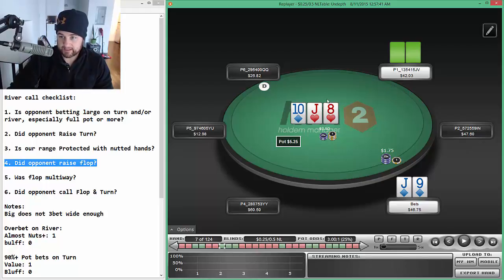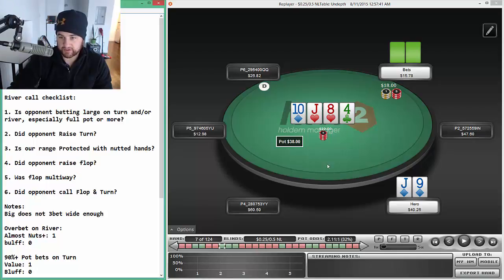Anyway, we get raised, which is fine. Backdoor diamonds, open-ended straight draw. I'm okay with this. Wow. I noticed we actually won this hand, which is weird. I feel like... I mean, we're still open-ended. We still have top pair, but...